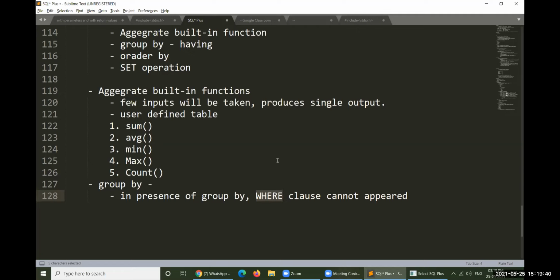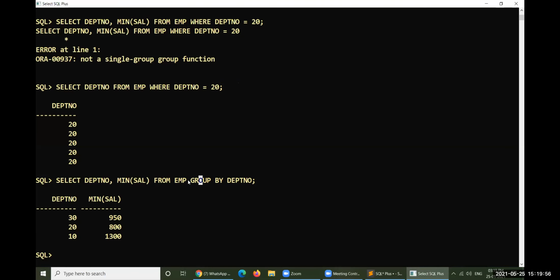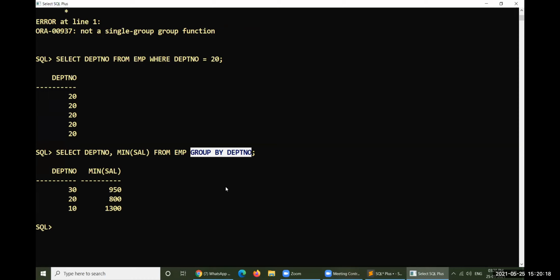That is the specific problem with group by and where clauses. So you never operate a where clause when a group by clause is present, and vice versa. They are not supposed to be applied in the same query. That is a very important point to be remembered.